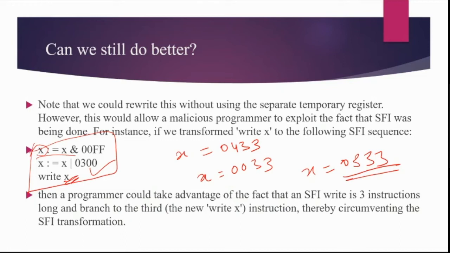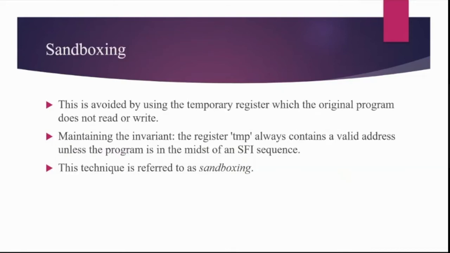So if they know that each instruction is converted into a 3-line instruction, they can bypass this scenario, right? So they can just do some tampering with the X. Later on, they can perform some operation on the X to change the value. So the solution to this is to go with the temporary register, as we have seen in the previous slide. And we can convert a single line instruction into a 3-line instruction, right? Using the temporary variable.